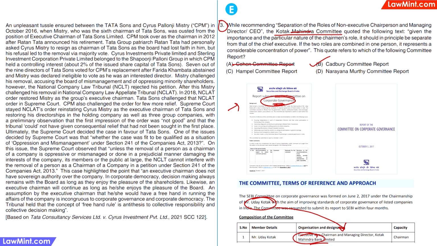The Cohen Committee report is mentioned, but that is not the correct answer here. This question could be answered if a student has read the Kotak Committee report in detail, which is a little unreasonable because the Kotak Committee report came out in 2017. This question could also be answered if a student has read the Cadbury report and remembers this statement, which is